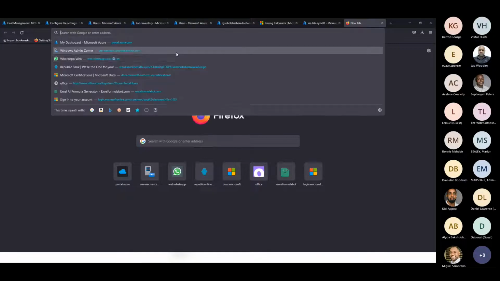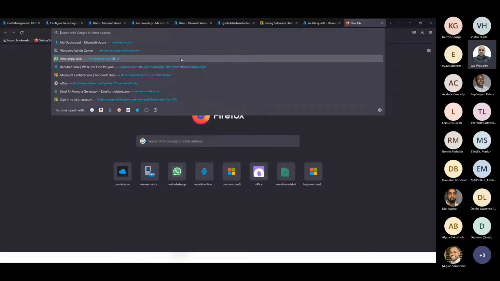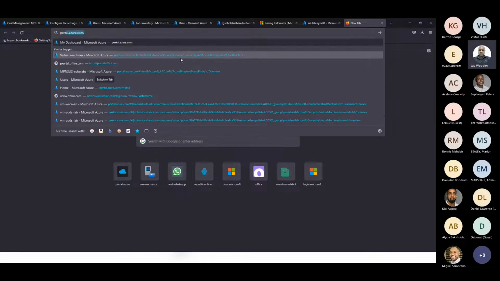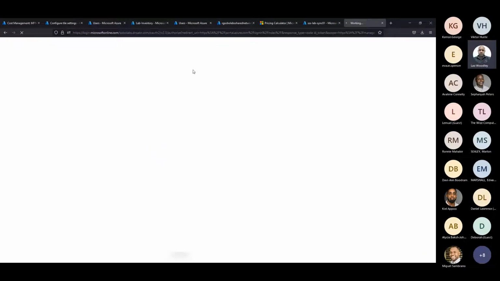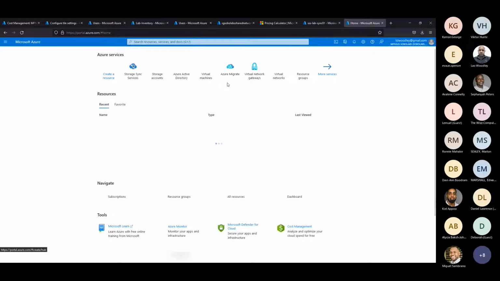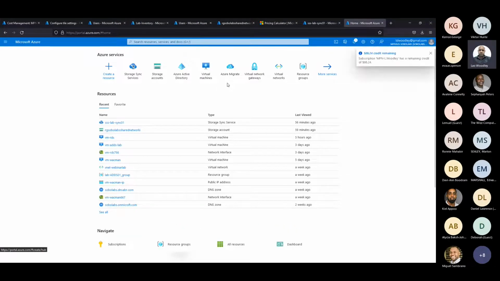All right. So, the Azure portal. The Azure portal is the web interface and the de facto management interface for Microsoft Azure. To some, it may be daunting, it may be confusing. I'd like to demystify some of these simple concepts on how to navigate and some of the basic features and functions of the Azure portal.